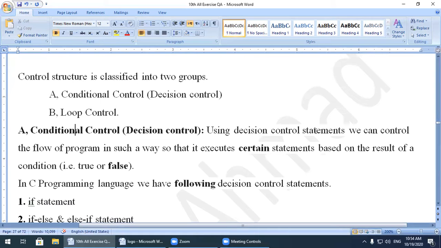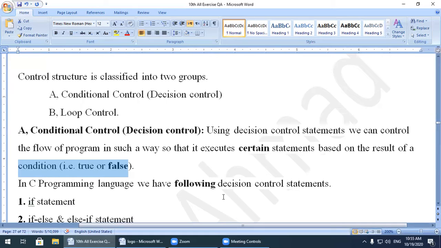Using decision control statements, we can control the flow of a program in such a way that it executes certain statements based on the result of a condition. As we explained the conditional operator, which was question mark and colon in the previous chapter, this chapter belongs to the same topic and purpose, conditional control.